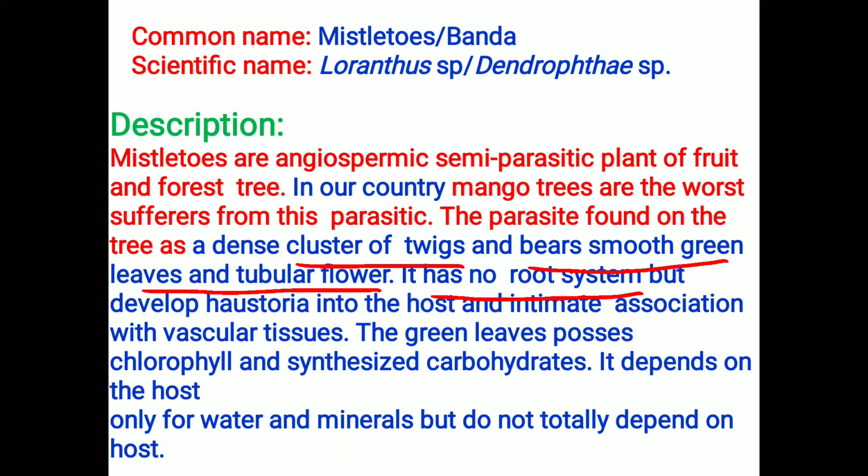They come in contact with the vascular tissue. That means inside the stem, as we know, xylem and phloem are called the vascular tissue. The function of xylem and phloem is conduction of water and food. So the haustoria enter the stem and absorb the water and food material which flows through the xylem and phloem. Due to that, the height of the plant is stunted and the plant shows symptoms.